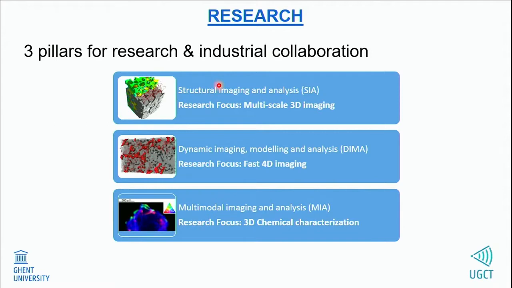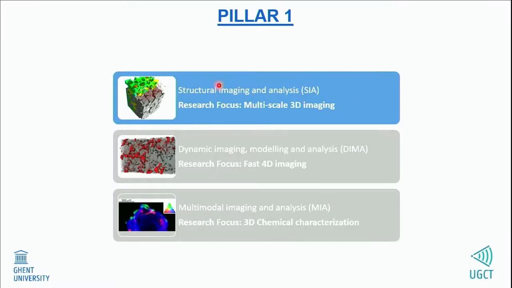The second one is dynamic imaging, modeling and analysis, and then the third one is the multimodal imaging and analysis, which I will go through separately one by one to give a little bit more detail about it. So the first pillar is looking at structural imaging. On that we have the research focus of multi-scale 3D imaging,